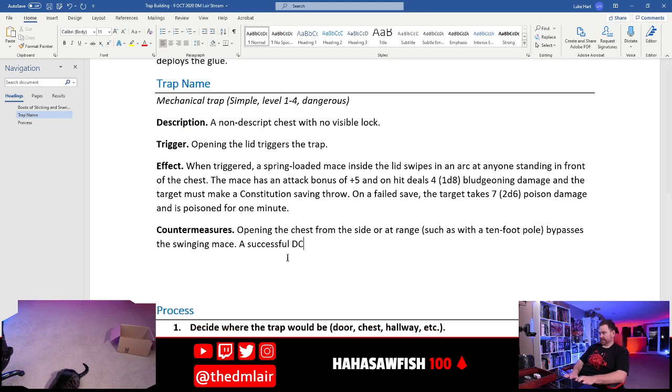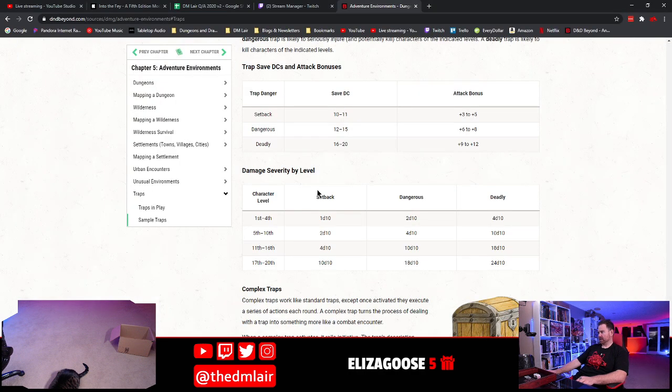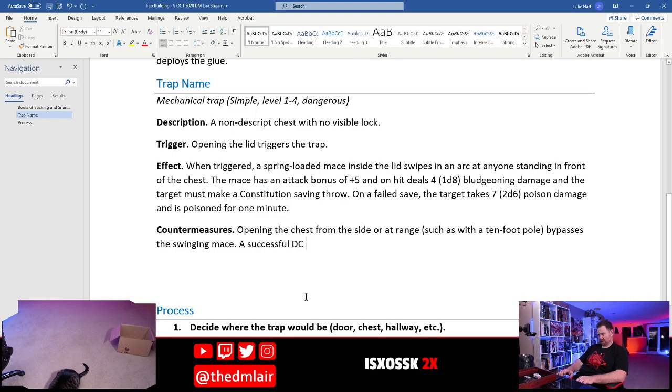We could. DC. What are the DCs for this guy? Oh, that's the save DC. But still we're looking at low levels. A successful DC 12 Wisdom Perception check reveals the presence